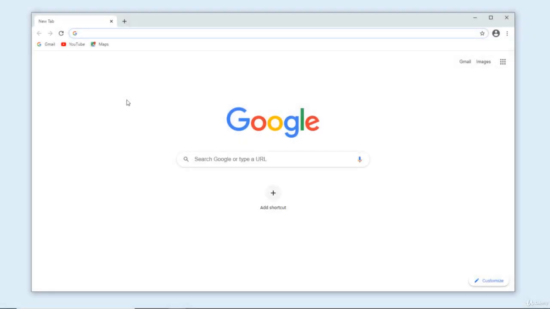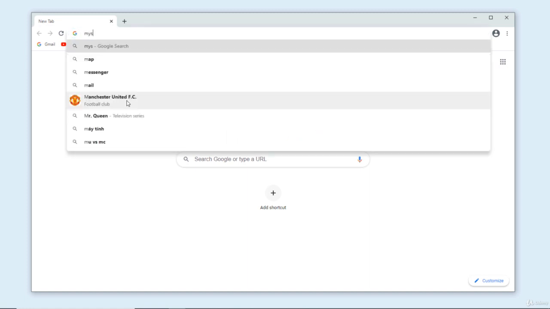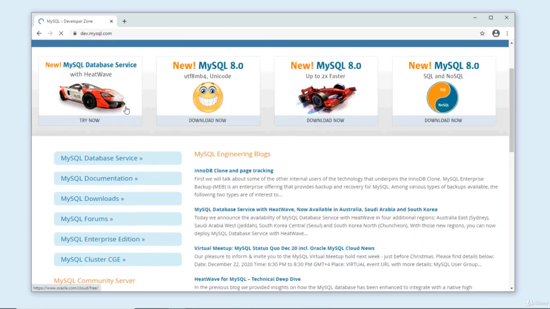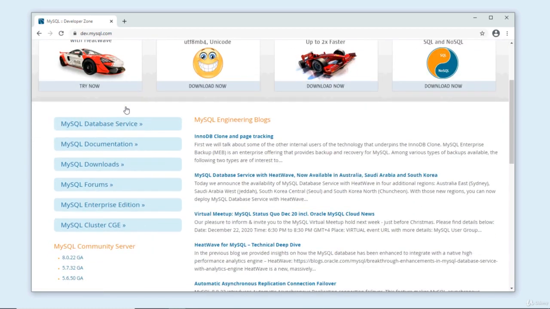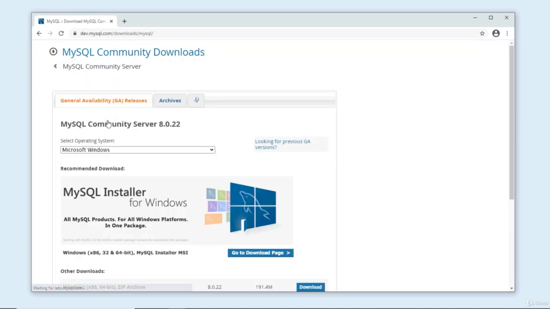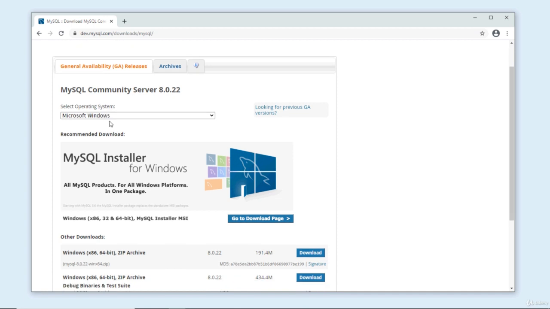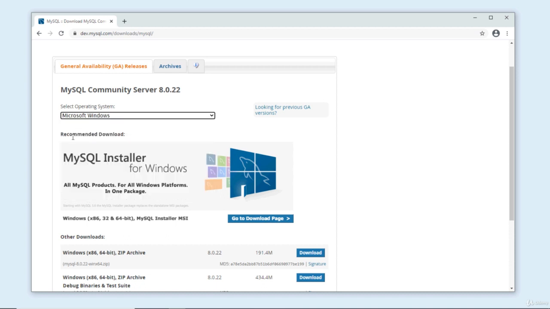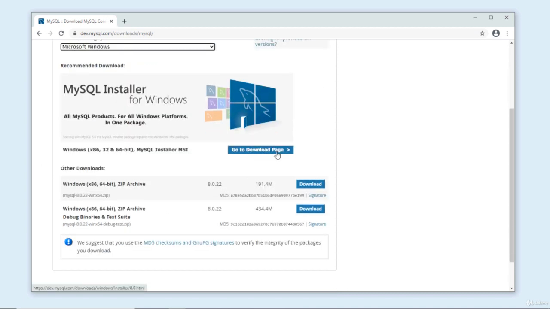Go to the homepage of MySQL database at this URL, mysql.org. You see, this is the official homepage of MySQL database. Click the link MySQL Downloads, and click MySQL Community Server to download the free version of MySQL database server, and choose the operating system according to your computer. I'm using Microsoft Windows, and click go to download page,